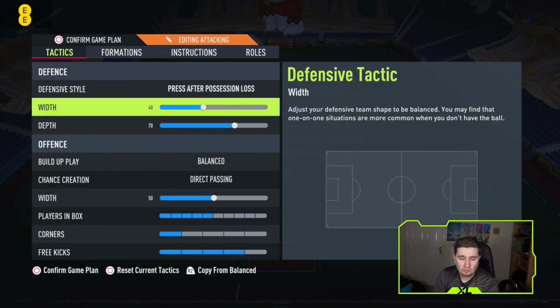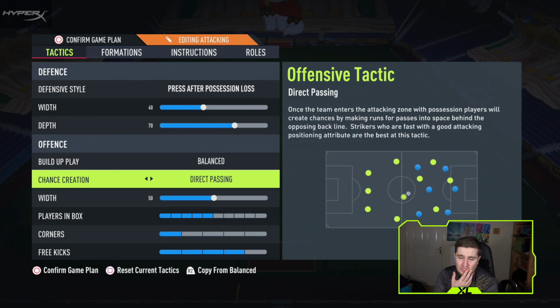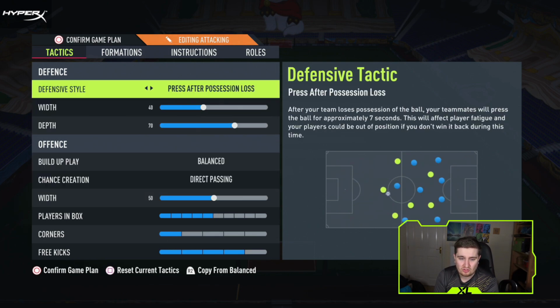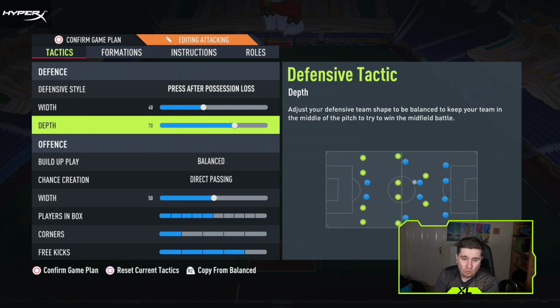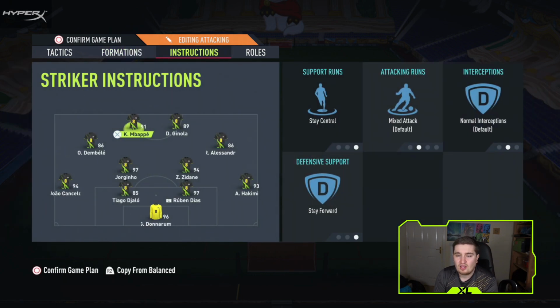And then for the more attacking one, similar to what I did with the 4-4-2, I'm not reinventing the wheel. I'm not drastically changing the formation or instructions or the tactics. I'm just upping the press and upping the depth. And that genuinely does make quite a big difference to the tactic. Just makes it a lot more aggressive. I put stay central on the strikers for this one,